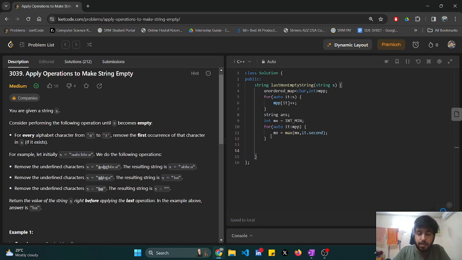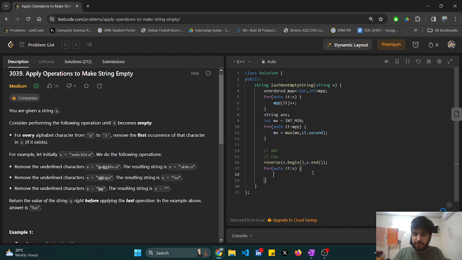Now, as I said, the characters would be removed from the starting. So I'll traverse the string from the back. Instead of traversing from the back, I'll just simply reverse the string, and I'll traverse it from the start, because in this case, ABC becomes CBA. I'll simply traverse this, and